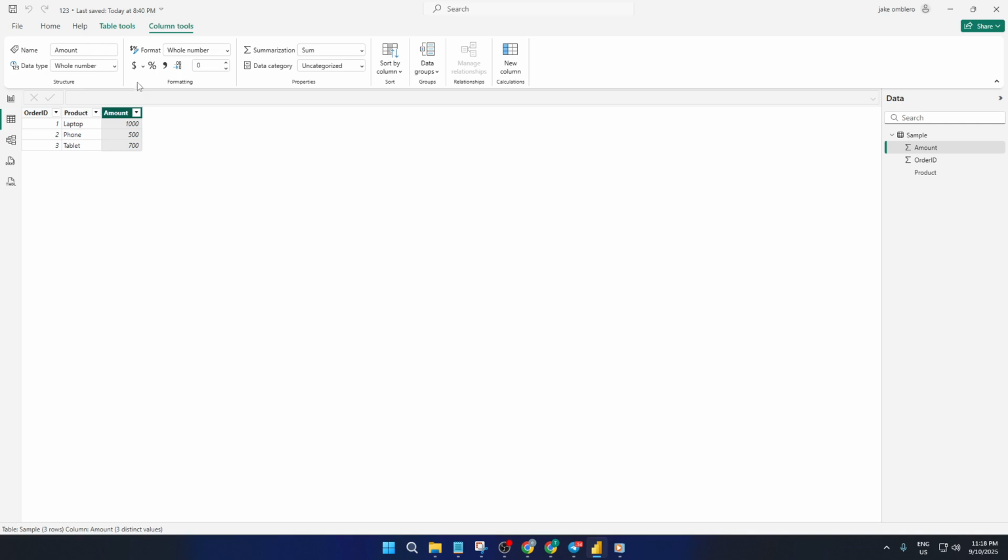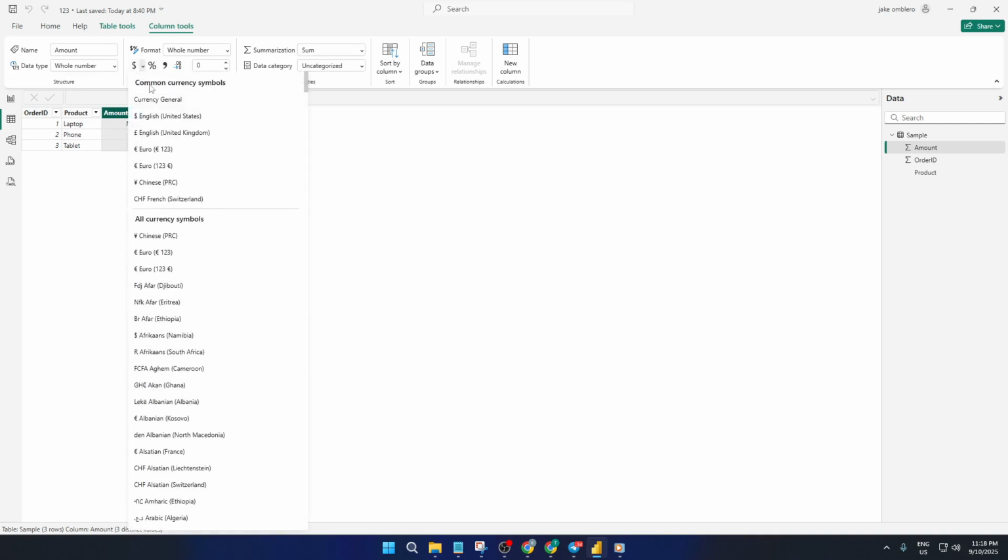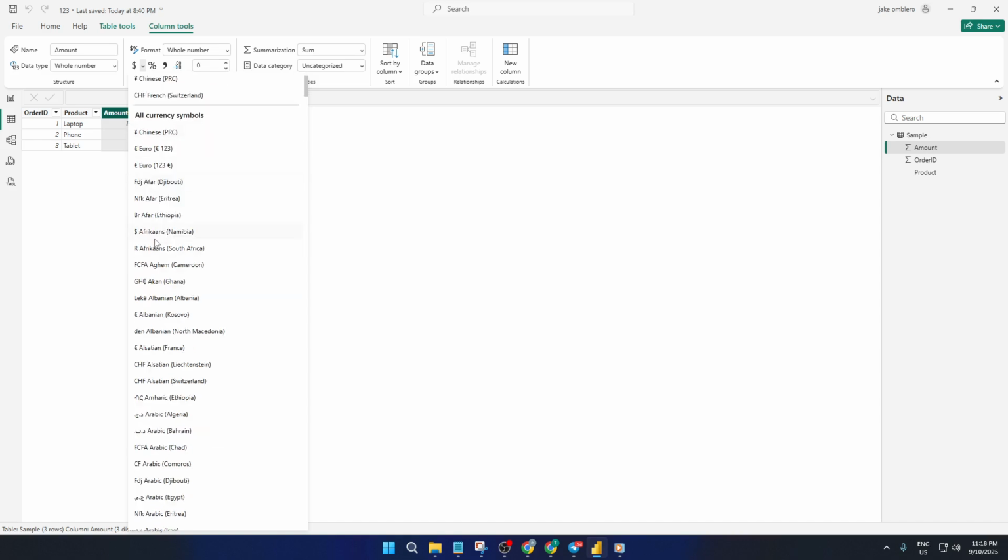Under the Column tools tab, there's a Format dropdown. Click where it says Format, then choose Currency from the list. Power BI will automatically apply a currency format, and you'll likely see the dollar sign pop up next to your numbers. If that's all you need, you could stop here, but let's get to the part you really came for,